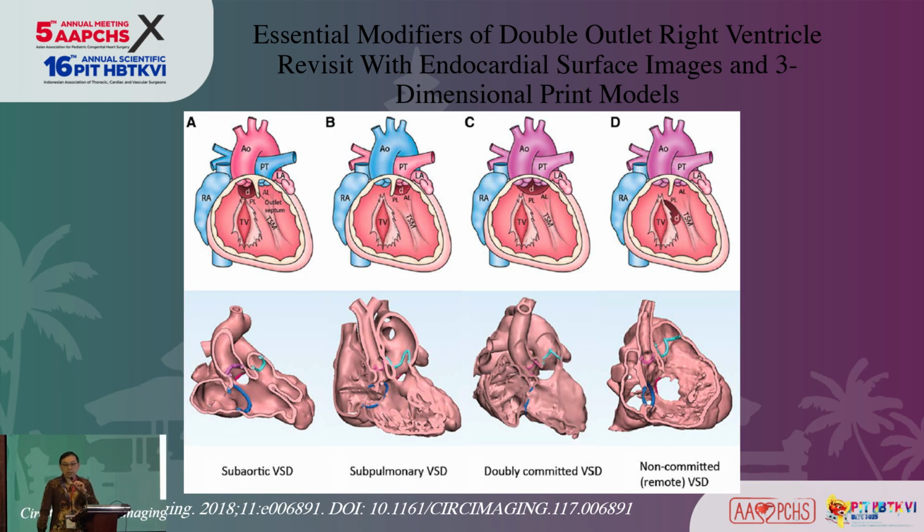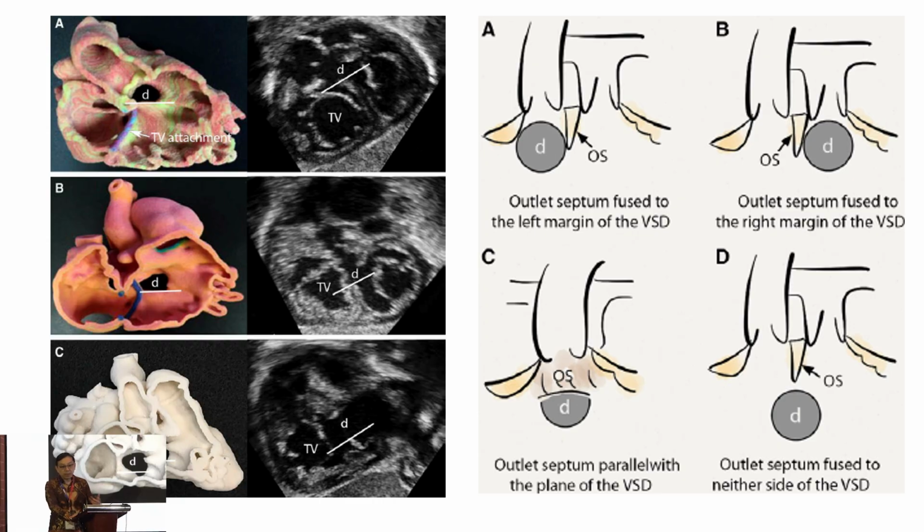So I looked at the paper called Essential Modifiers of Double Outlet Right Ventricle, revisited with endocardial surface, published by the Toronto group. They have special interest with 3D. And with the MRI 3D modeling, they can look at the tricuspid valve attachments and where the VSD is in relation to the tricuspid valve, whether it's above the valve, is at the valve area, or is entirely